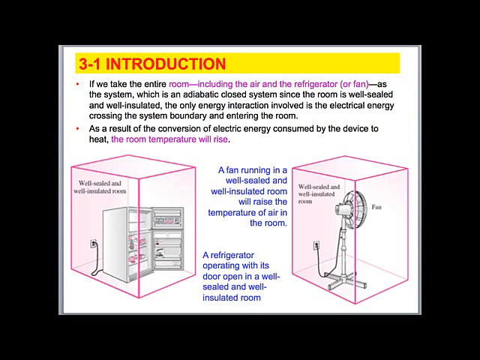Now, depending on how we define the boundaries of our system, here the boundaries are the pink line surrounding the refrigerator, the pink line surrounding the fan. Our system will experience a temperature increase or decrease, but work is only crossing through that system boundary, through that outlet. So we have energy transfer to the system,